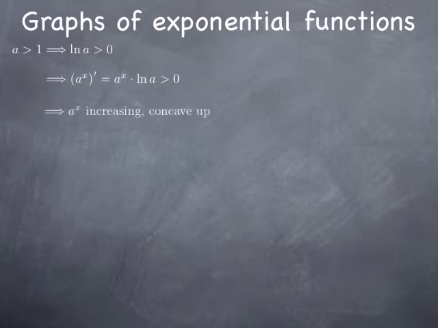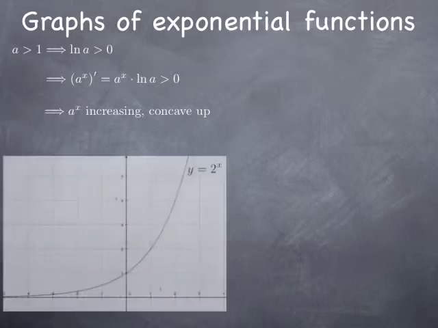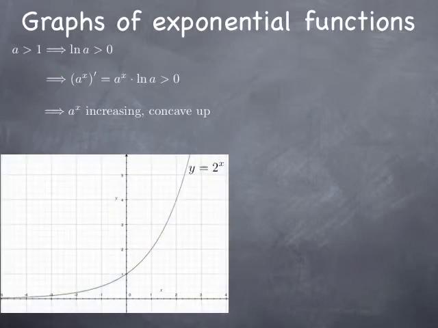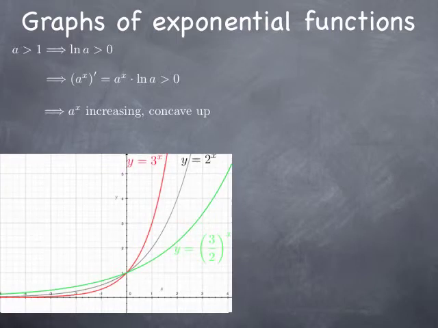So the function is going to be increasing and also concave up, because if I take the second derivative, I'm going to get a to the x natural log of a squared, which is again positive. So for instance, for 2 to the x, we get something like that. And to give you an idea of how the change in the base affects the shape of the graph, you see that if I take a base that is still greater than 1 but less than 2, like 3/2 for instance, the green graph, then this is going to positive infinity slower, still going through the point of coordinate 0, 1,